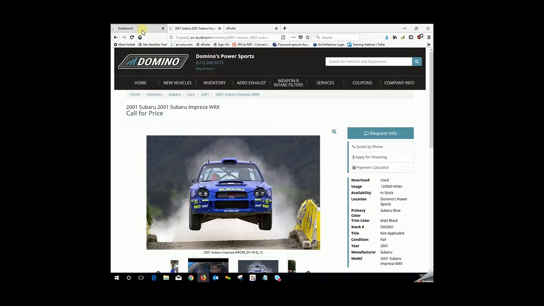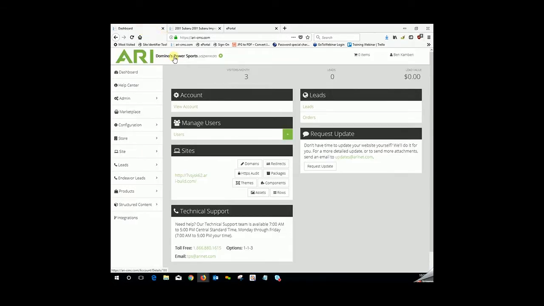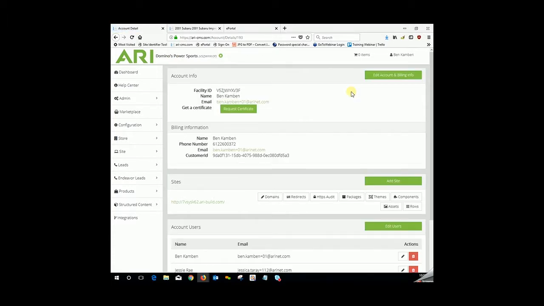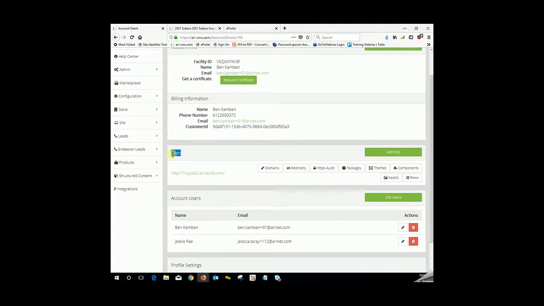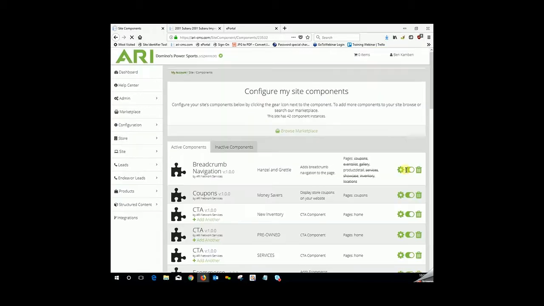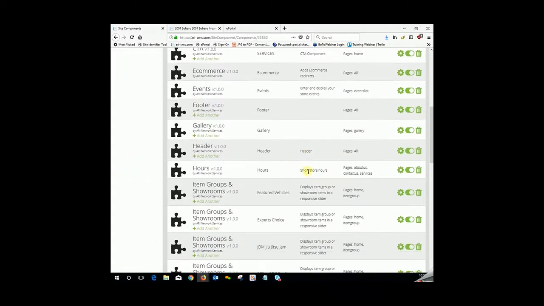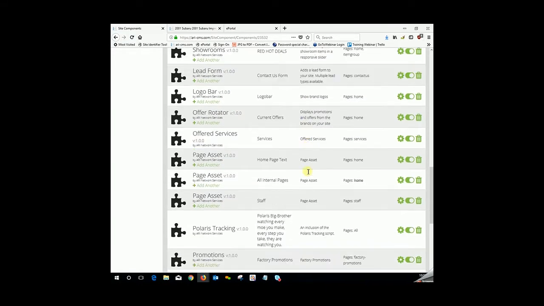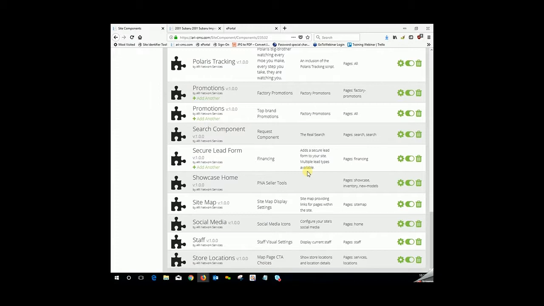So, we'll jump back to our editor. We'll click on the name of our business or location up in the upper left-hand corner. We'll go down to Sites, and we'll click on Components, otherwise known as the puzzle piece. Then, once we get to our components list, the component we're looking for is called Showcase Home. So we'll scroll down until we see that. And there's our Showcase Home. Once you've found the title, to the far right of the title, to edit that component, we'll click on the cog or gear,